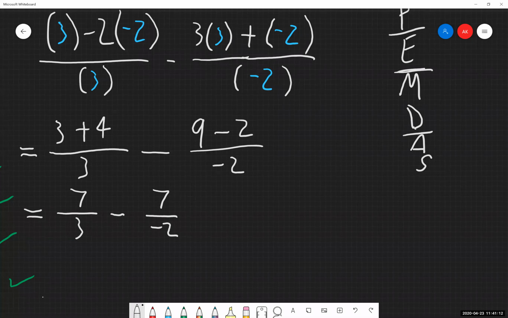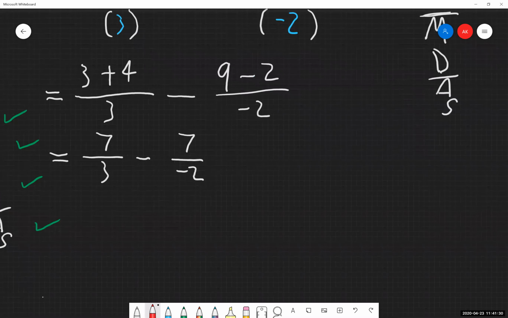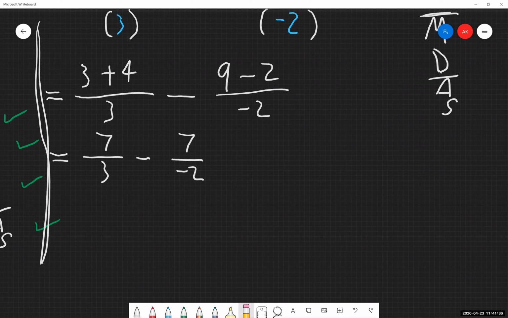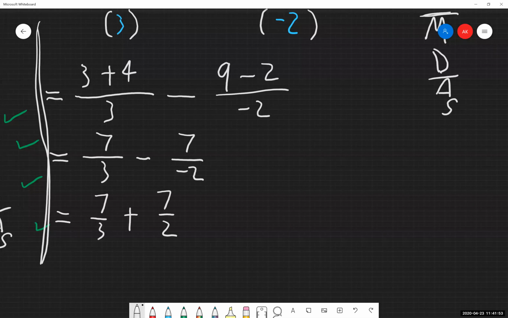So now from here, looking at this and saying, okay, well, I have double signs showing up again. I have a minus and a minus here. I want to eliminate those and get rid of those signs altogether because I don't like double signs. A negative and a negative make a positive. So I'm just going to work with those signs first. So I have 7/3 plus 7/2. Now I don't have to worry about, am I adding a negative? Am I subtracting a negative? We just got one sign. We're just adding.